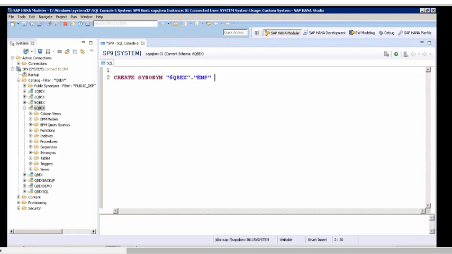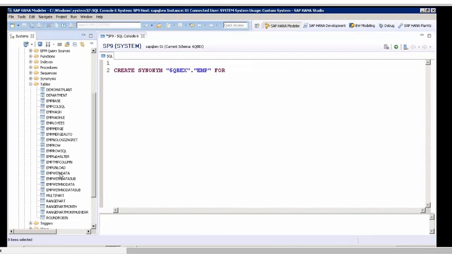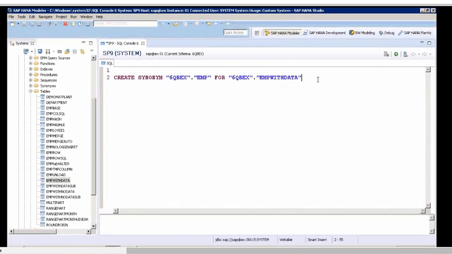EMP with the data. So I say create synonym so and so for this table. I'm creating a synonym EMP which is referring to this table.